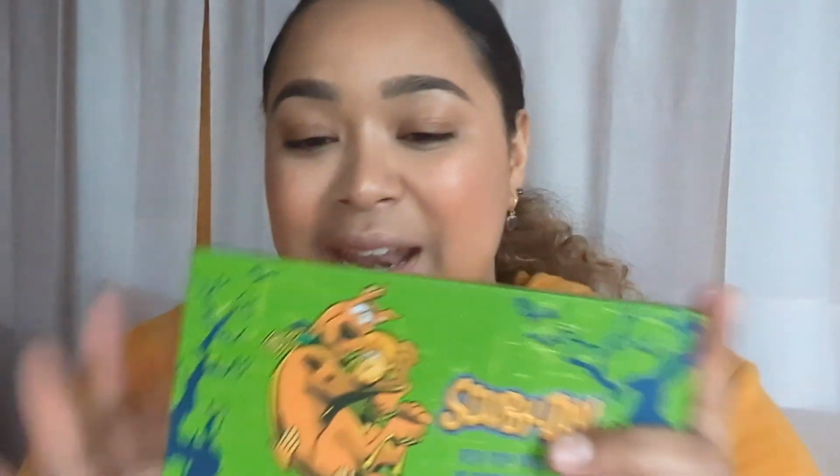We are going to go in with, I'm so excited, the Scooby-Doo Glamlight palette. I have yet to try the Glamlight formula. This is now the third Glamlight palette in my collection, and I have not tried the other two at all, but I wanted to try this so bad. It was super inexpensive, like half off or something obscene, 30% off. You got a percentage off and then you could use someone's code to get more percentage off